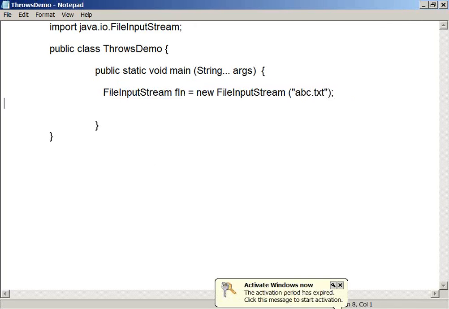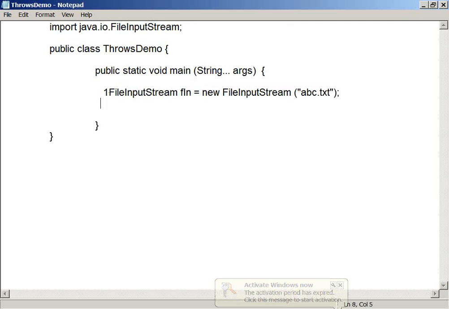Let's suppose I have 10 statements in my program like this, and the first statement is having the problem.